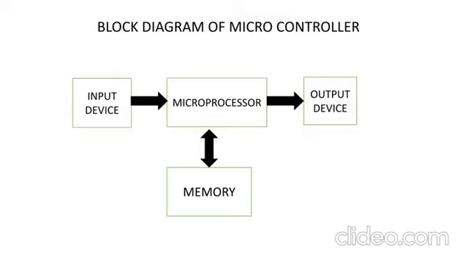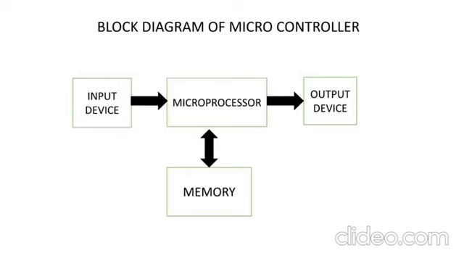The primary memory is again subdivided into two units, RAM and ROM, where RAM is random access memory and ROM is read only memory. RAM is a temporary memory and ROM is a permanent memory. RAM is used to store all the data we give to a processor, whereas ROM is used to store the codes and programs of this 8051. An example of secondary memory is a hard disk, which can also be called auxiliary memory.